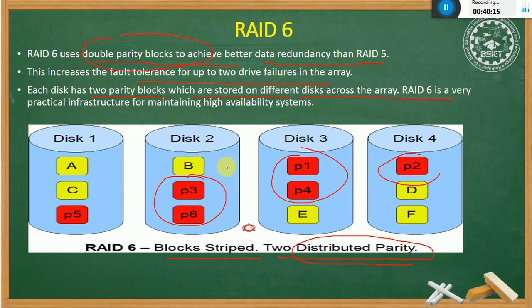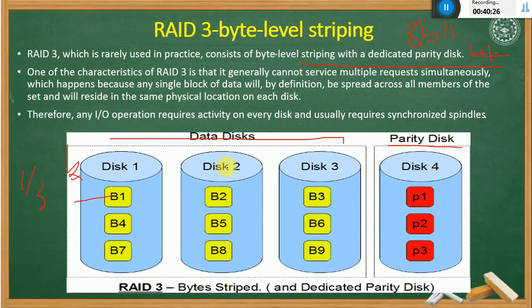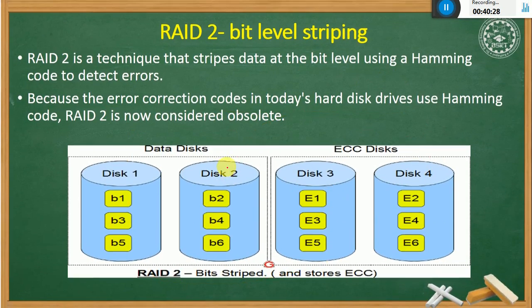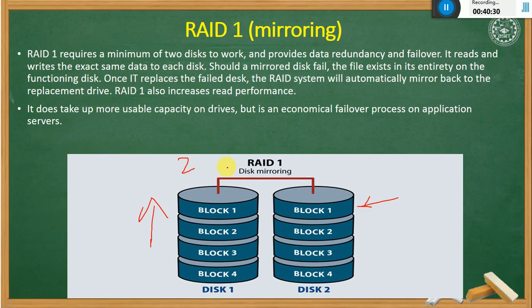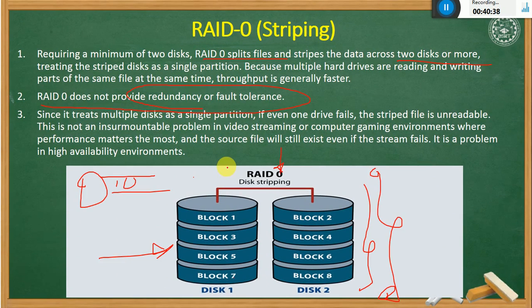It is quite easy to teach but not easy to understand at first glance. So in your syllabus it is only the introductory part. How it is created and what the technology behind it is, that does not bother you. So go into the references, find out what a RAID is and what the use of the RAID technique is. Go through RAID level 0 to RAID level 6, find out its advantages and disadvantages, and diagrams are very